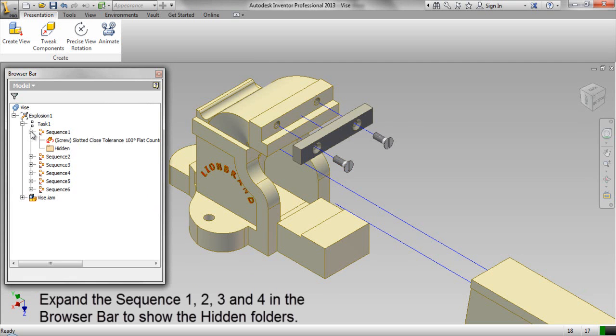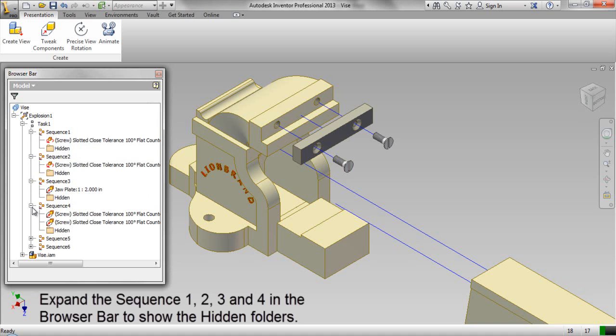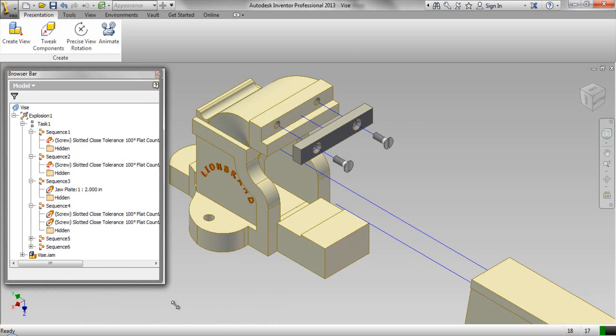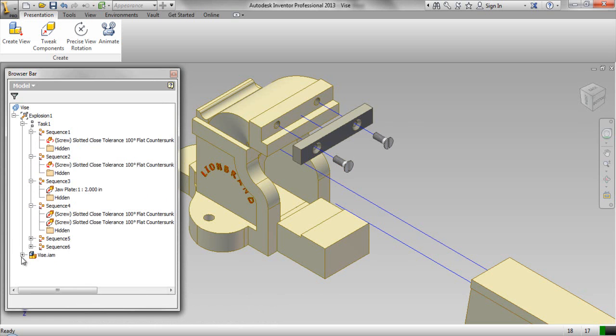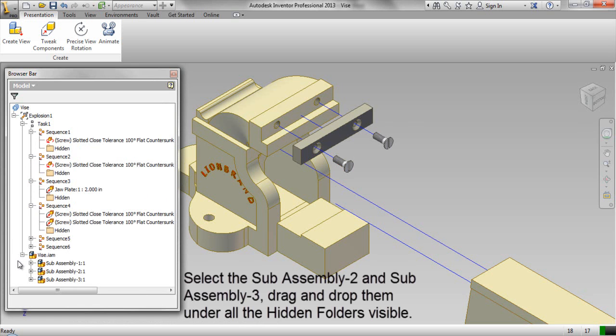Expand the sequence 1, 2, 3 and 4 in the browse bar to show the hidden folders. Select the subassembly 2 and subassembly 3. Drag and drop them under all the hidden folders visible.